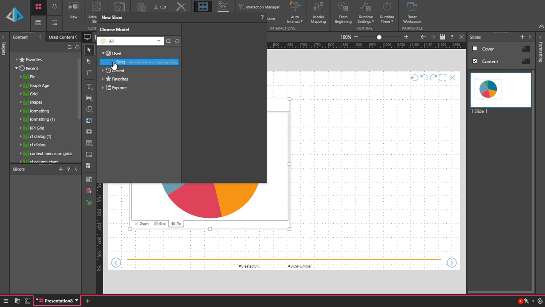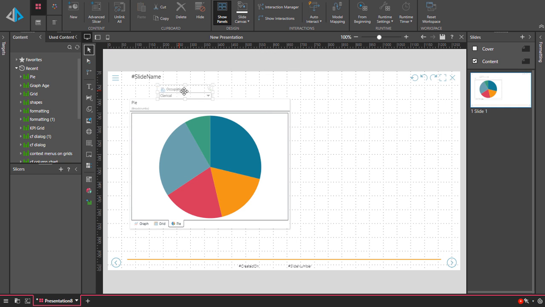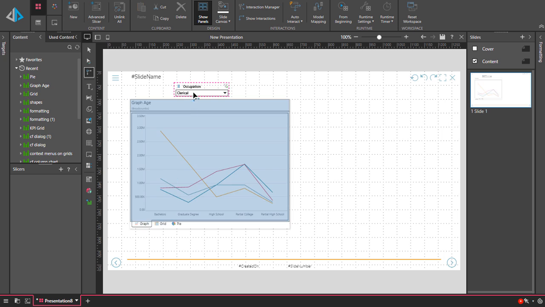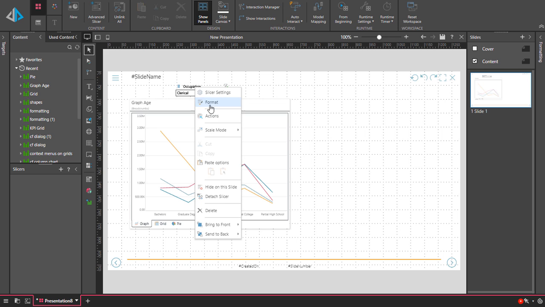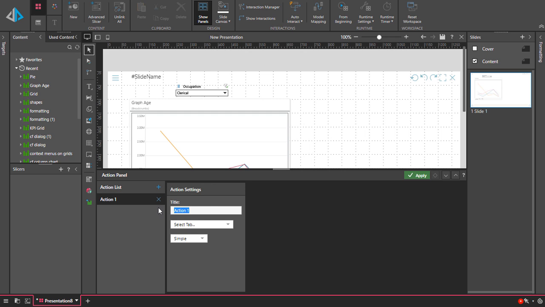Next, we'll add a slicer to our dashboard. Now we'll wire it up to each tabbed item to interact with the slicer. I right-click on the slicer and select Actions from the context menu. The Actions panel will open. First I add an action, then I go to the action settings where I name the action and select the